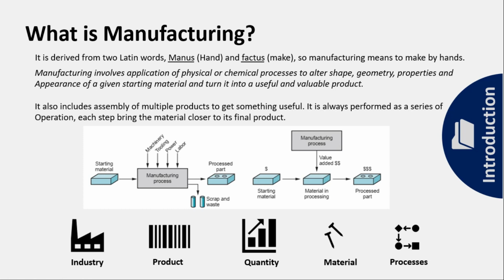Now these manufacturing processes can be classified based on the type of industry, based on the type of product it is manufacturing, based on the quantity of the product, based on the material it is dealing with, and the processes that are being performed. So about the type of industry we have,